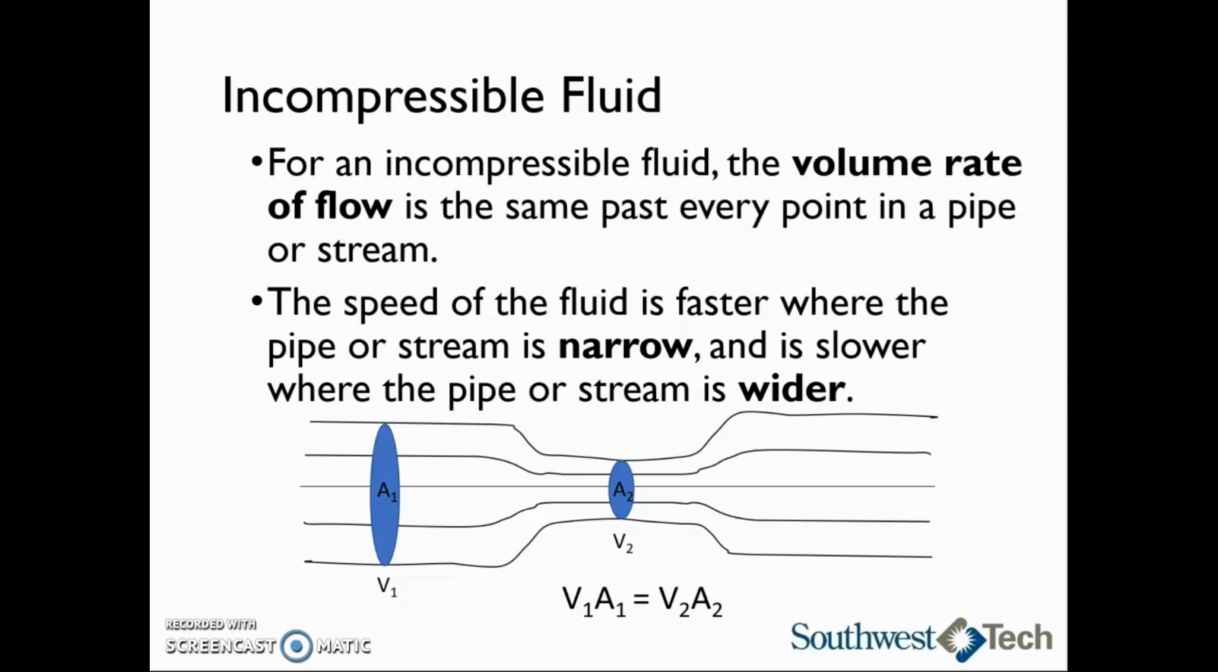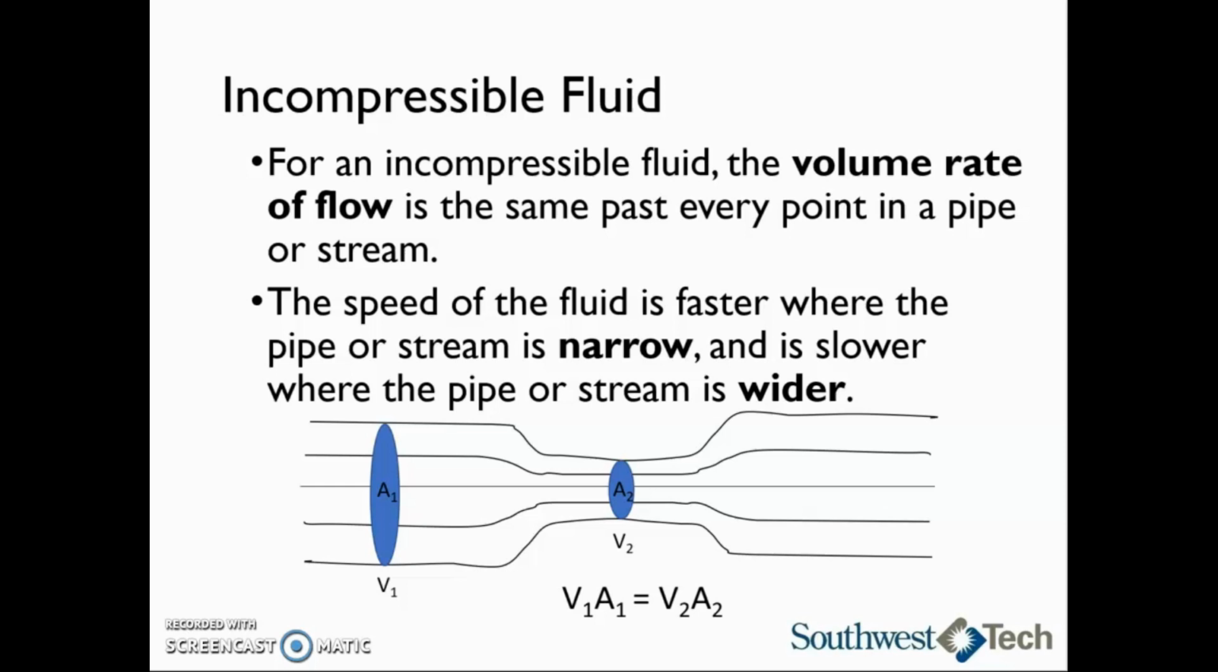Let's think about this visually. If we have a wider part of the tube, the cross-sectional area is greater. With a greater cross-sectional area, in order to have the same volume rate of flow, the fluid must be moving slower than if we have a smaller cross-sectional area, like in the center of the pipe, by A2. In order to keep the volume rate of flow constant in the middle here, the speed has to be much